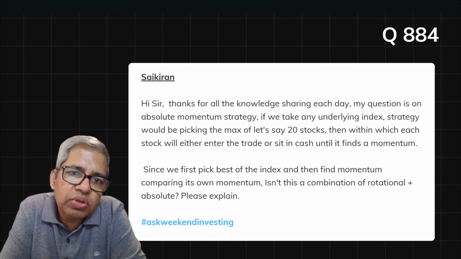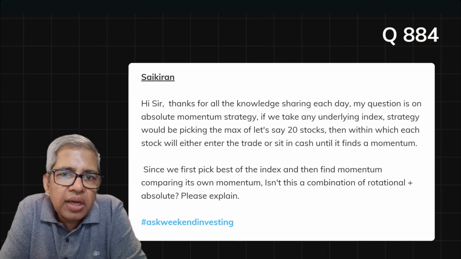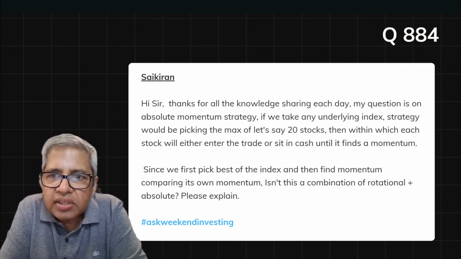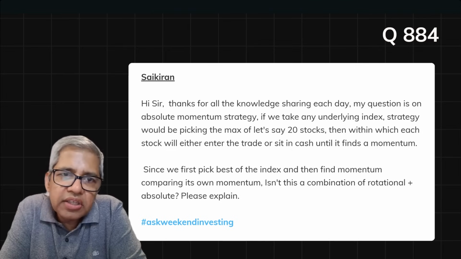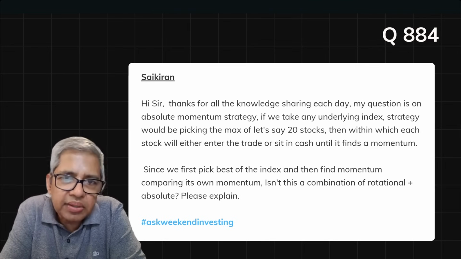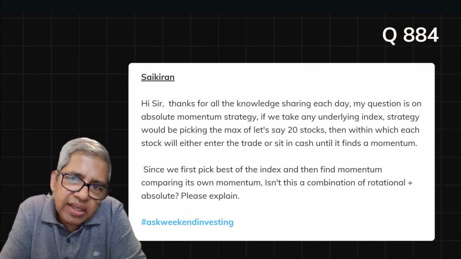Sai Kiran has a question. Thanks for all the knowledge sharing each day. You're welcome. My question is on the absolute momentum strategy. If we take any underlying index, the strategy would be picking the best of, let's say, 20 stocks, within which each stock will either enter the trade or sit in cash until it finds momentum. Since we first pick the best of the index and then compare to its own momentum, isn't this a combination of